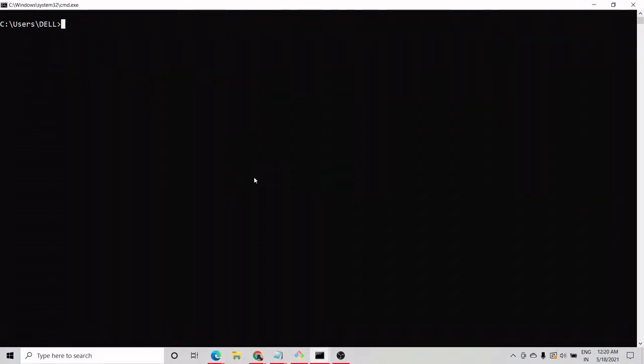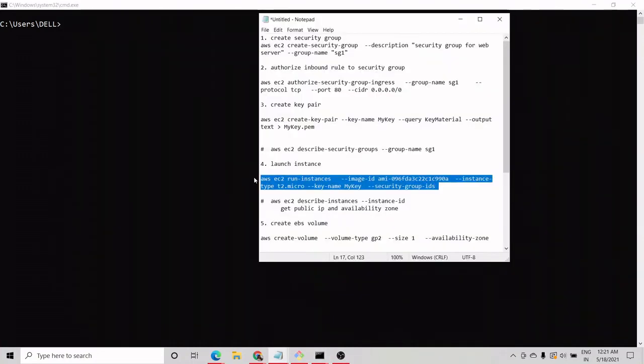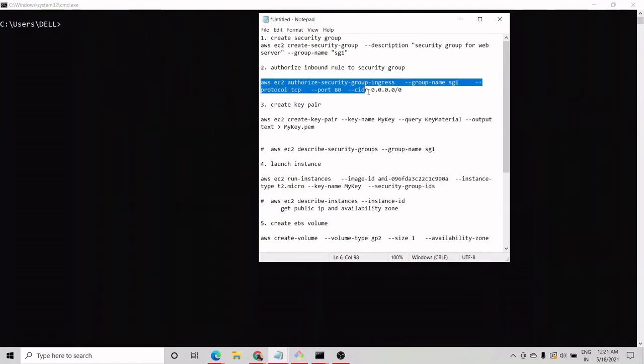Now we have created a security group and bound it with a TCP port number 80 inbound rule, and we have created a key pair also. But we have provided only one inbound rule, for port number 80, that will allow only the HTTP protocol. We need to do SSH into our instance also, so we need to provide one more inbound rule, and that will allow port number 22. So again we will do this, and we will add port number 22 also.